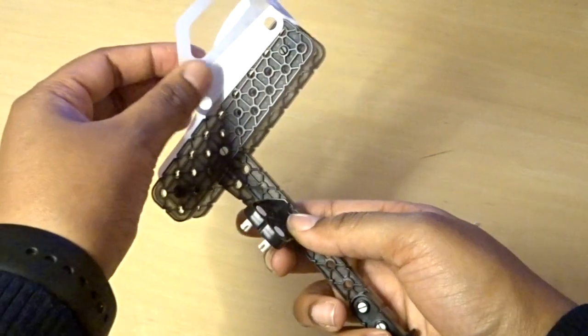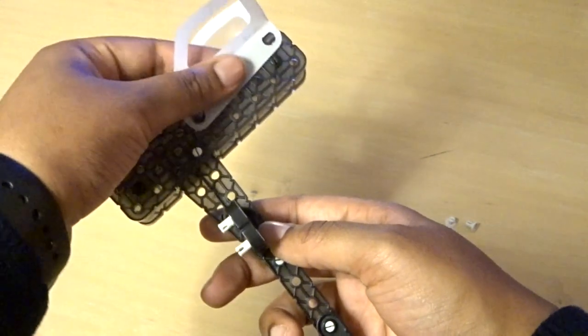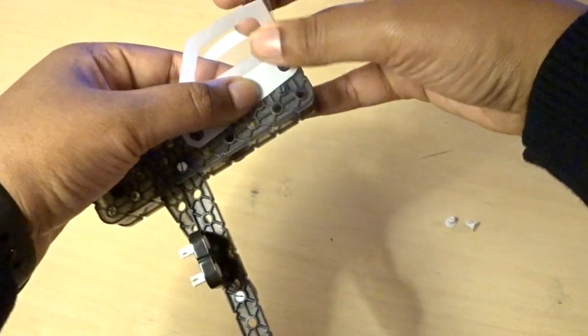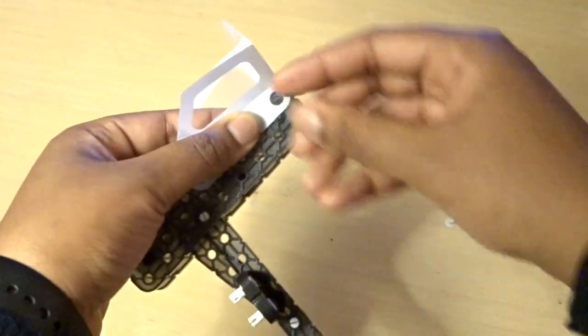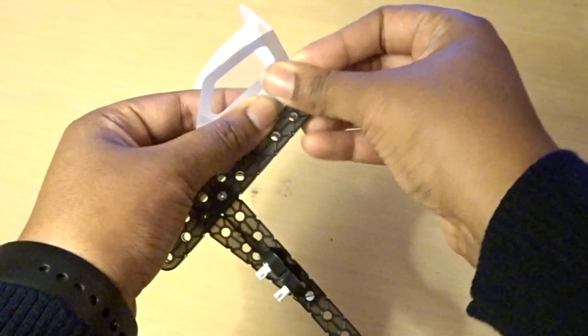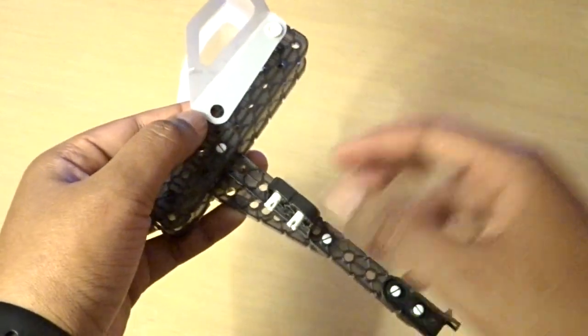And then when you flip it over, we're still on that top row. And this part may be a little difficult because if you have a brand new kit, your plastic is probably still very flat, so it's probably not bending really nicely, but you may have to just put a little force into it